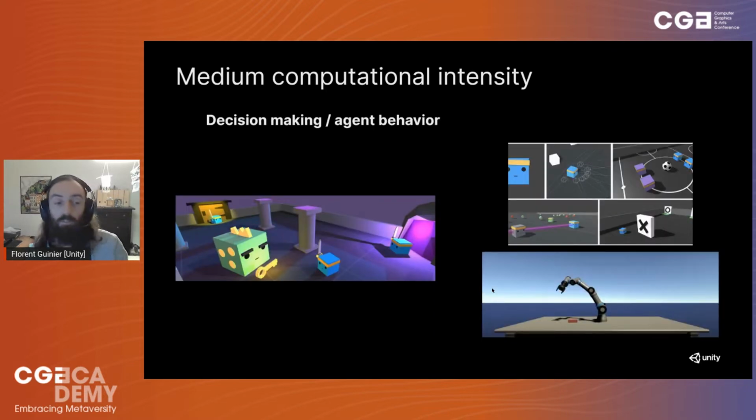So what if instead of regular handcrafted AI, you use reinforcement learning? And actually, you can do that in a game engine, and you can do that in Unity using a package that's built on top of Barracuda, called ML-Agents, for machine learning agents. It's very good, and there are various use cases there.